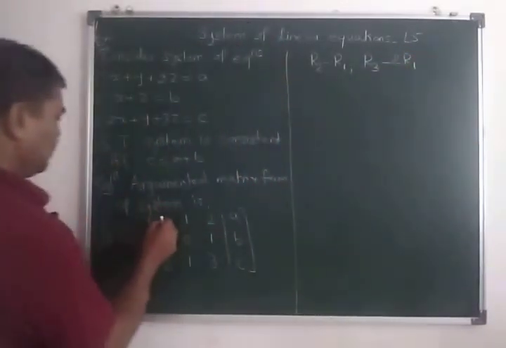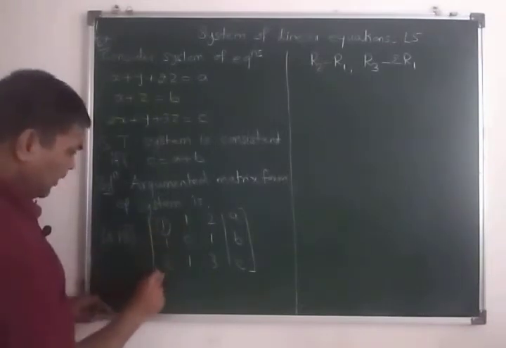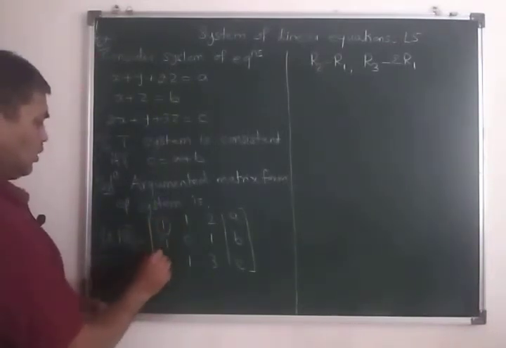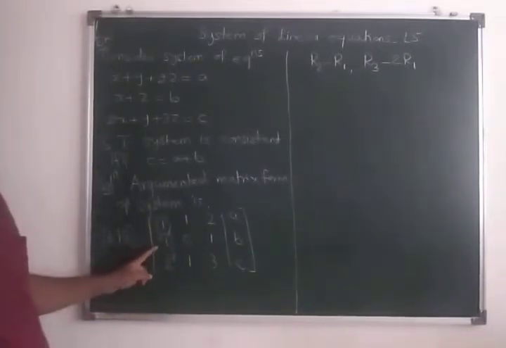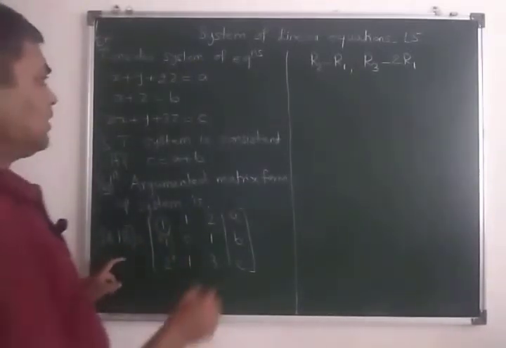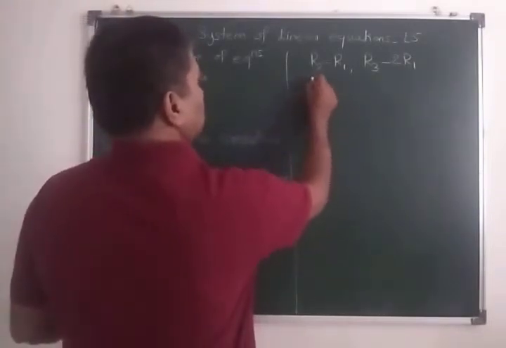Just by using this leading 1, we have to make the below entries zeros. Using this leading 1, you have to make the below entries 0, then this form will become equivalent to